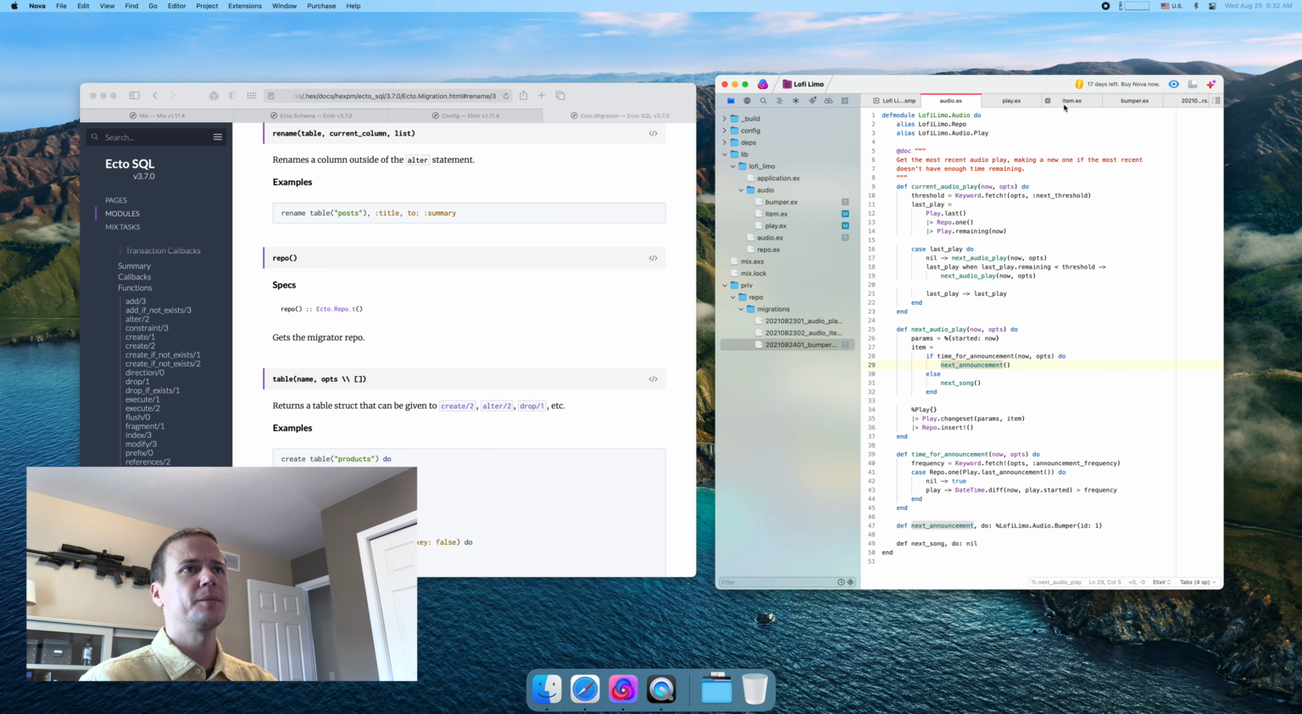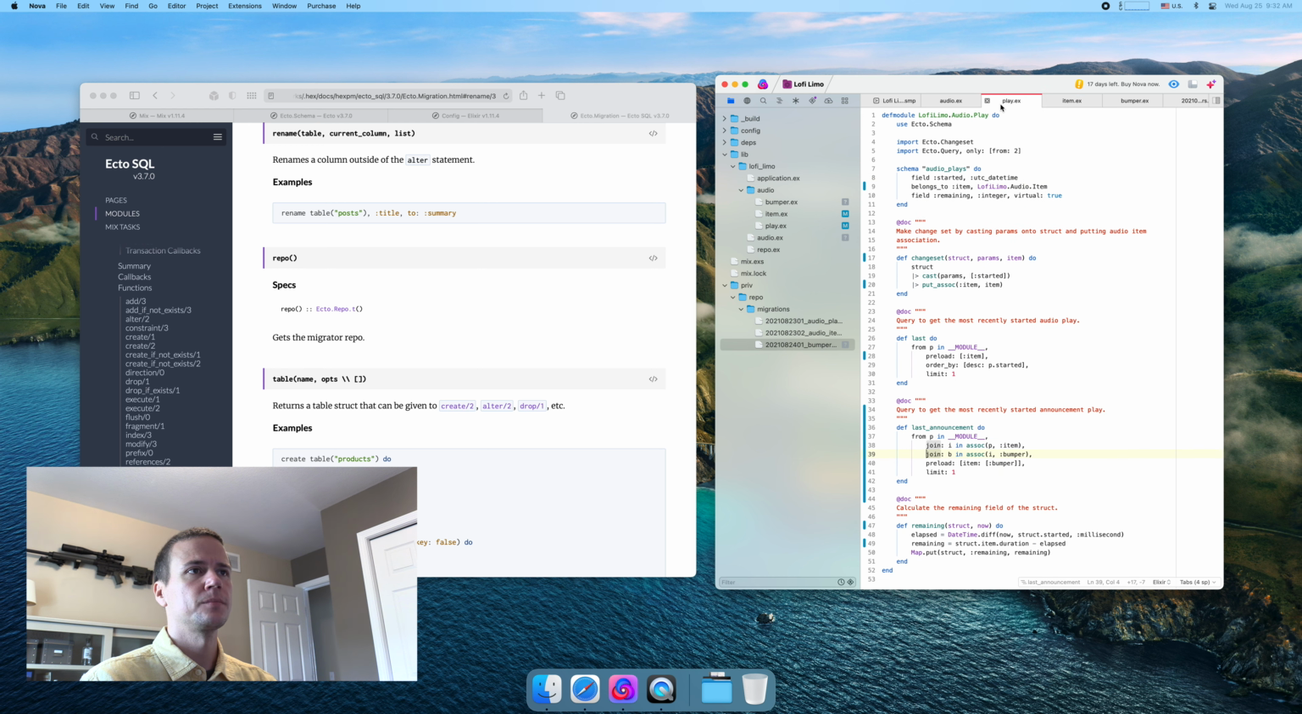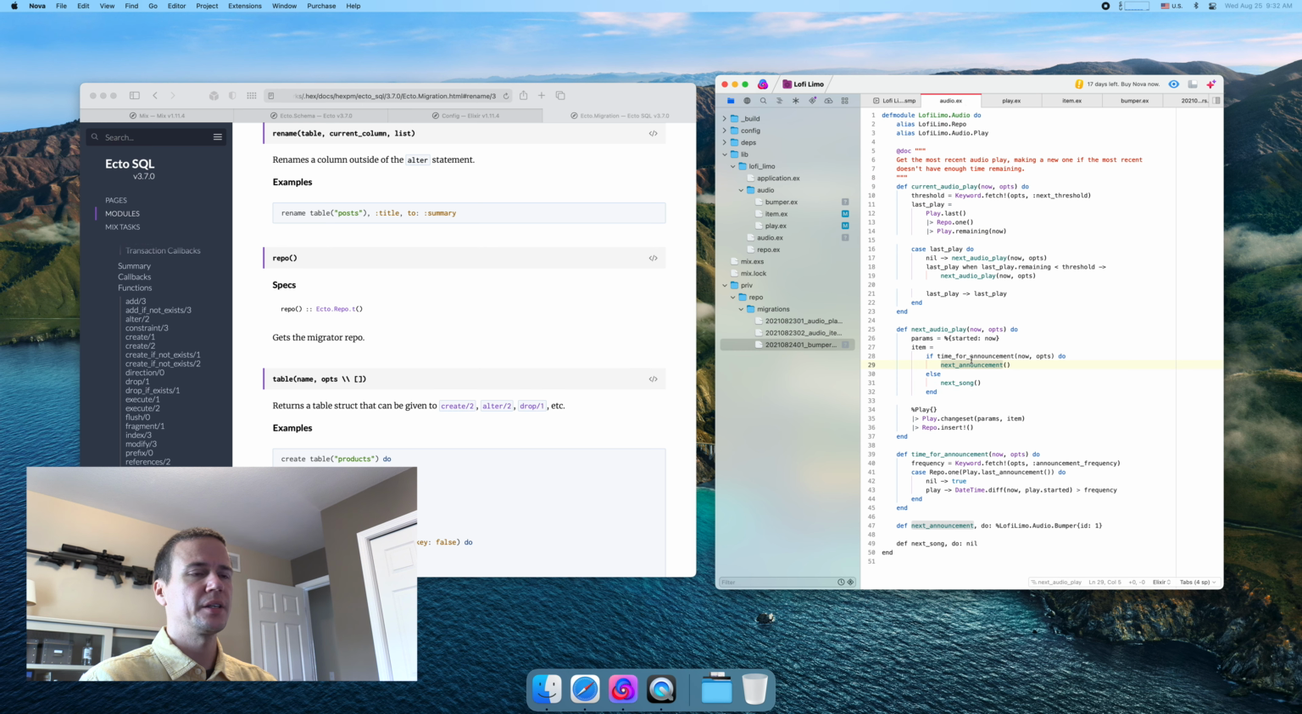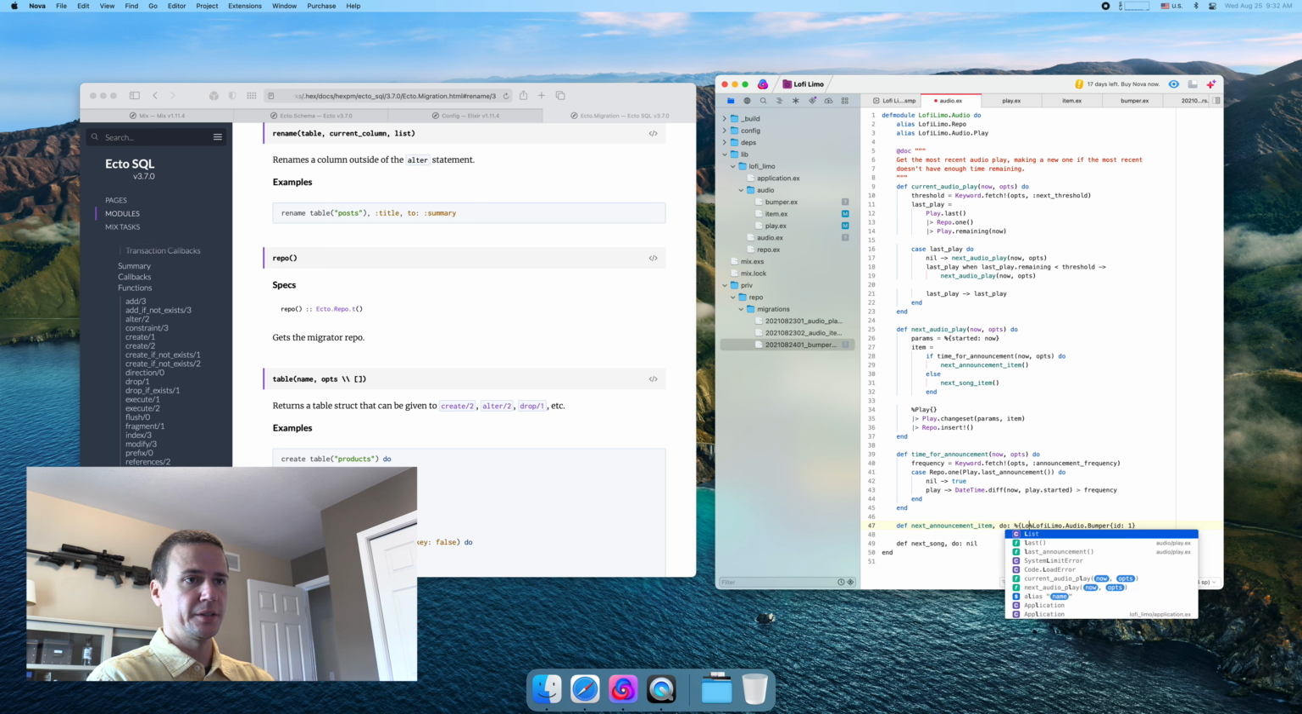So I think I was making this more complicated than it is. An item can have a bumper. Here I'm saying next announcement. Well, the next announcement's always a bumper. But let's say next announcement item, because we're getting an item here. And I guess we'll just say this for now. And so can we do something as simple as